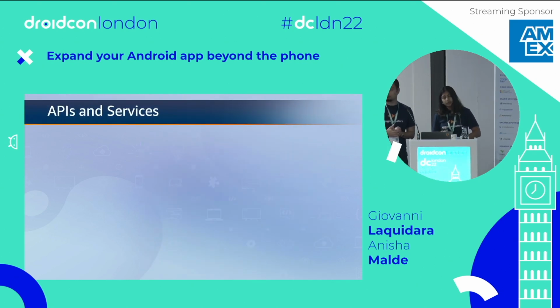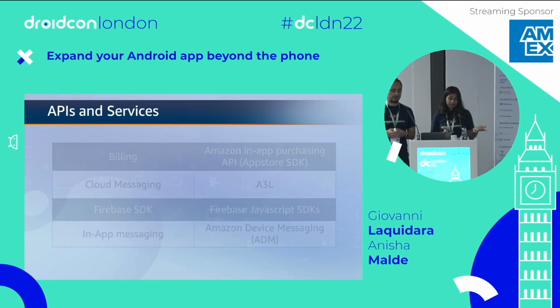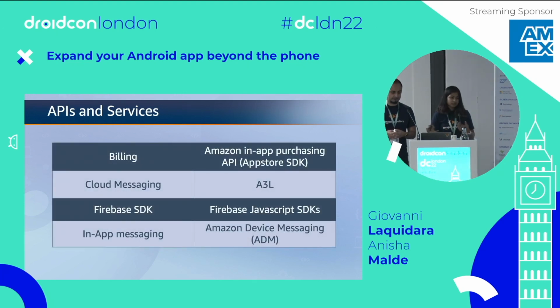And finally, we're going to touch a little bit on APIs and services. So if you're thinking of porting your app to Amazon, we have our APIs and services that you can easily use to bring them over. So it's an equivalent suite of APIs that you're probably used to. So for example, if you're using Google's Play services for billing, we have the Amazon in-app purchasing API, so the App Store SDK. If you're using cloud messaging and you're using Firebase Cloud specifically, you can use our abstraction